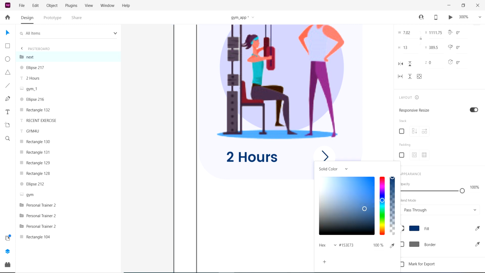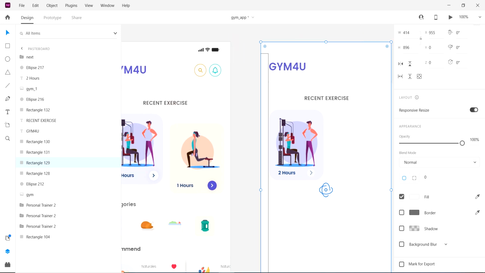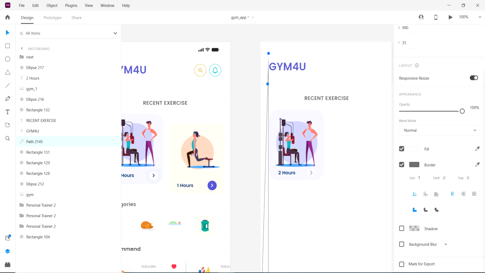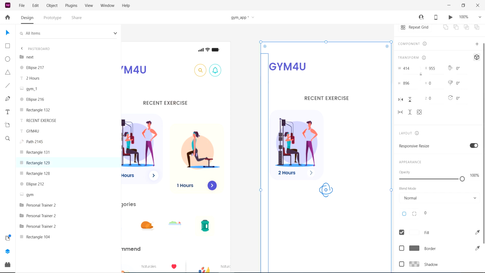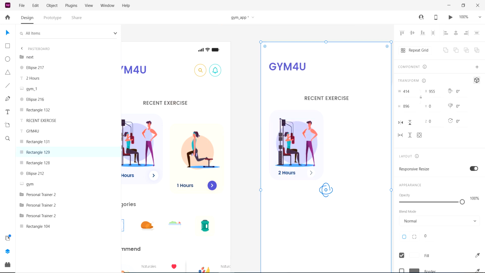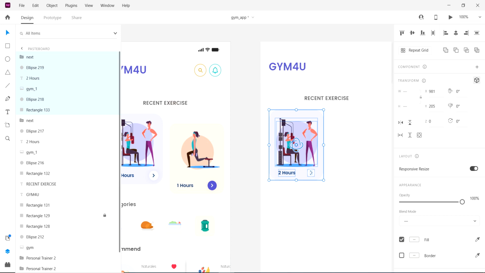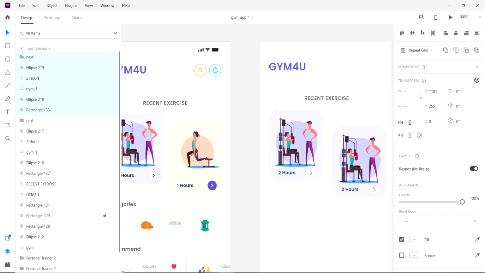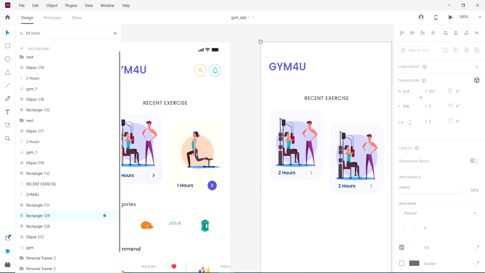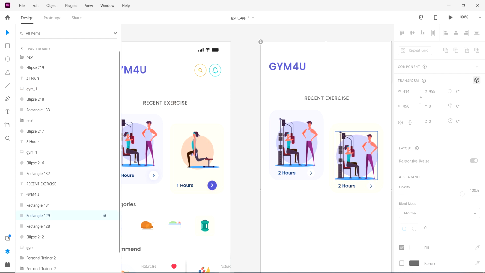You can align this design also because we are working fast. So you can see, you can remove this box. Okay, then you will lock this layer. Then copy this new design and paste it. Same process is here. We will change the color. We will change the color. Round circle.